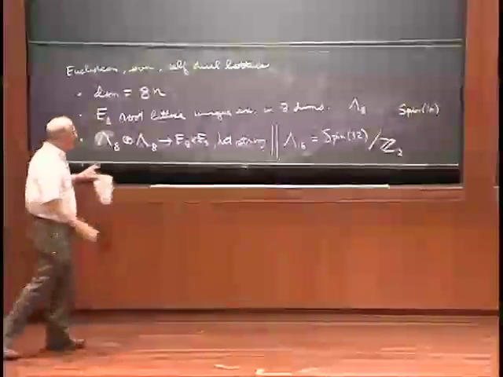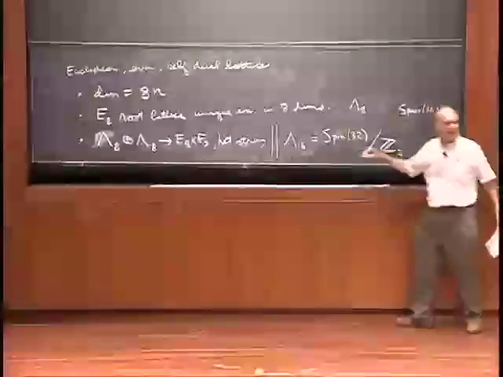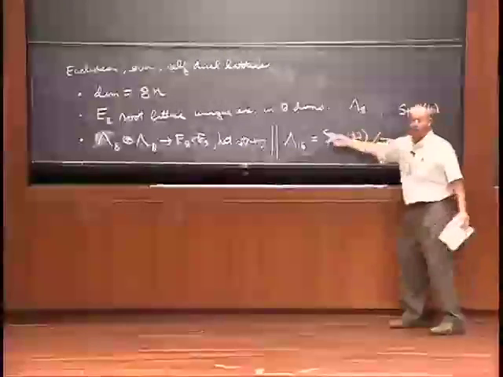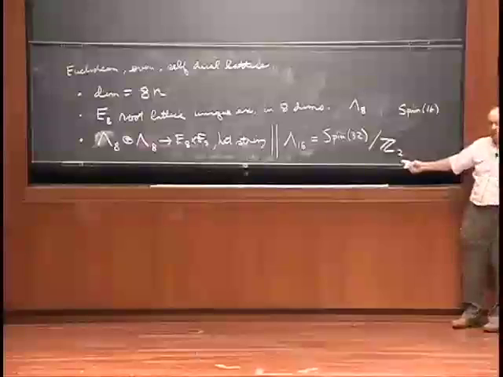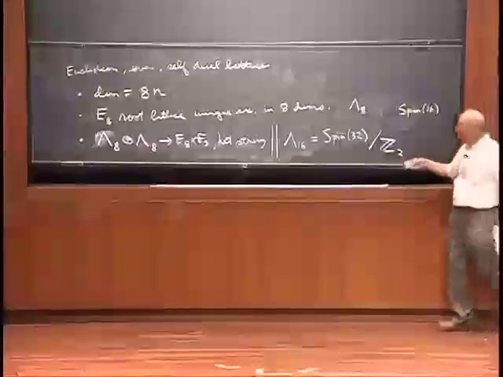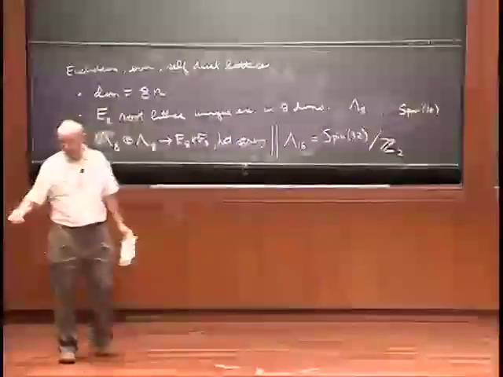And so, in fact, that tells you that in the physical spectrum of the SO(32) heterotic string, the representations of the group that appear will belong to this group, if you want to be very precise. So there will be spinor representations in the spectrum, but only half of the type of spinor representations will appear and not the other half.